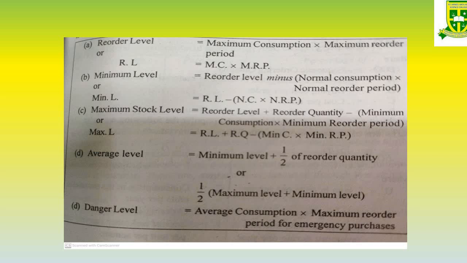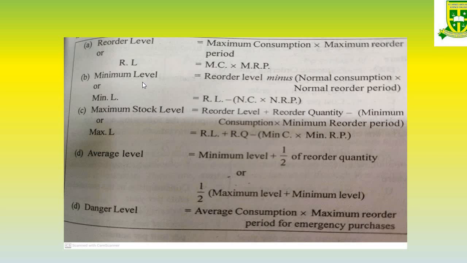This is the thing that has to be calculated first. This is the reorder level, the maximum level which they can order for the particular year. So reorder level is the meaning. Based on that, think of the formula. We have to use the maximum figures. The formula will be the maximum consumption into maximum reorder period. That is called the reorder formula.